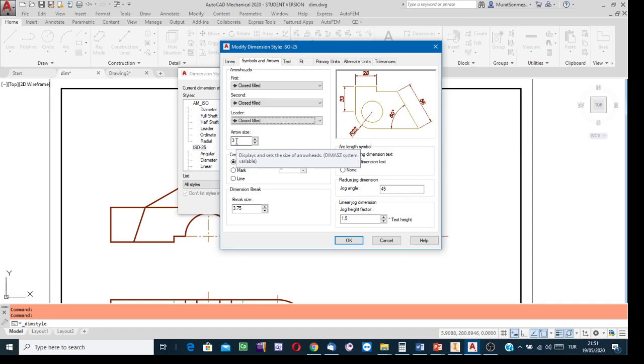Yes. What is the length of the arrow? For A3 size drawing, 3 millimeters is the recommended one. So into this box write 3. And then